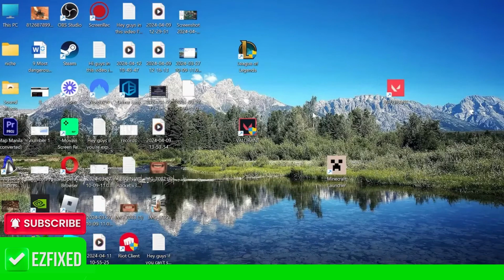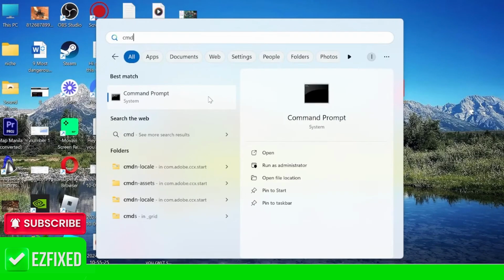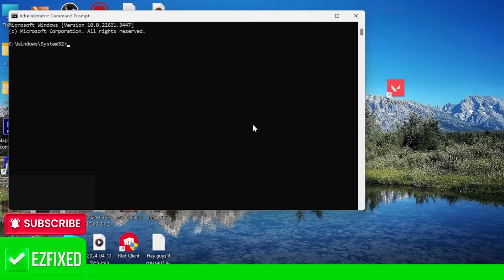So the first thing we're going to try is clearing our DNS cache. Simply head over to the start menu by pressing the Windows key and search for CMD. And then you want to come over to this command prompt here and right click and make sure to run as administrator. In the black box here, we want to type in the following command and hit enter after each one. So the first thing you want to type in is ipconfig